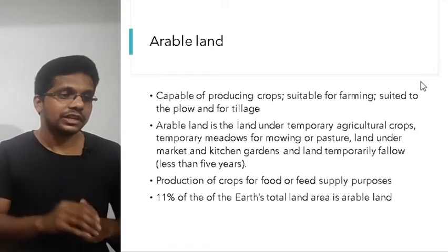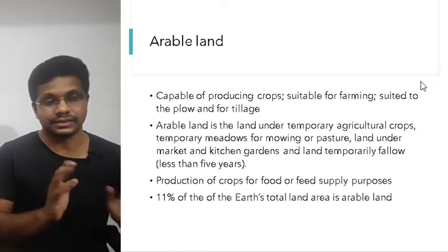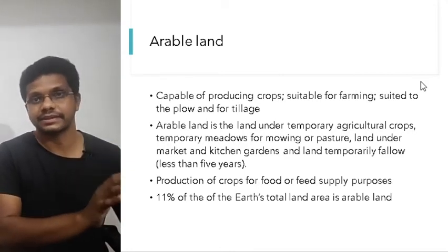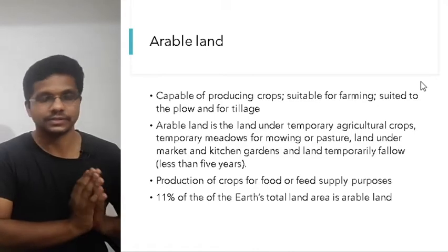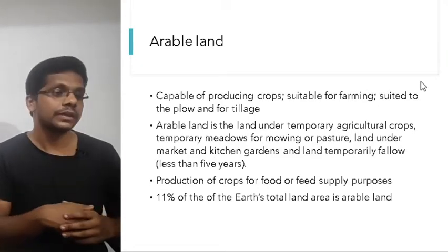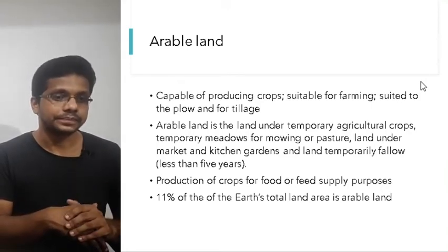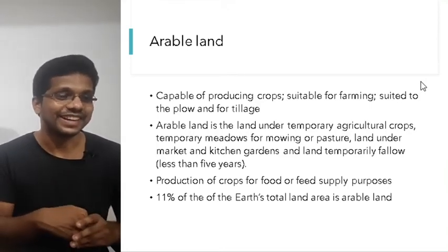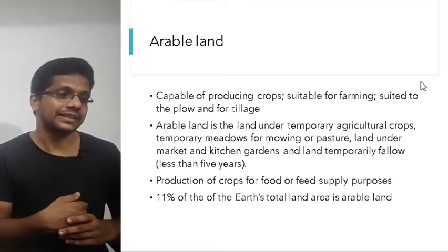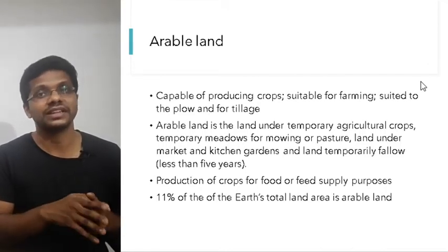So whenever we are talking about the agricultural land, we will be basically talking about the arable lands. Arable lands, as I said before, are used for the temporary cultivation of the crops, and the crops which require at least annual replanting. Examples can be rice and wheat, sorry. Maybe the vegetables, those require the annual replanting. Then this arable land is one of the most important